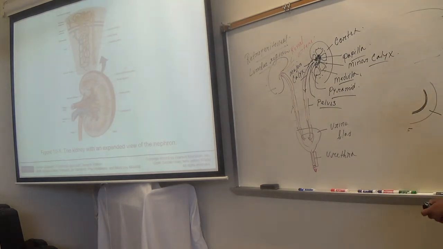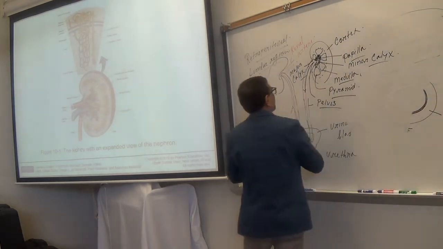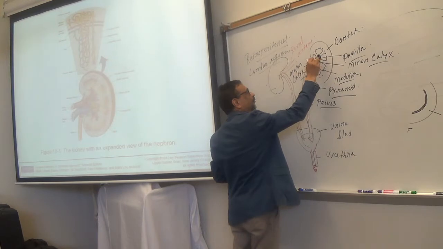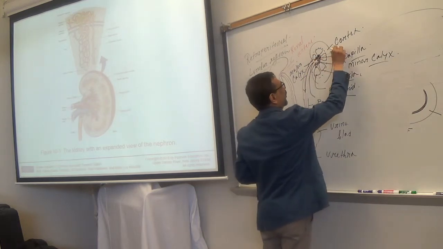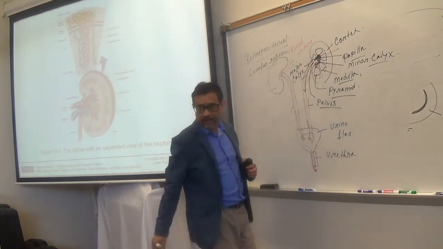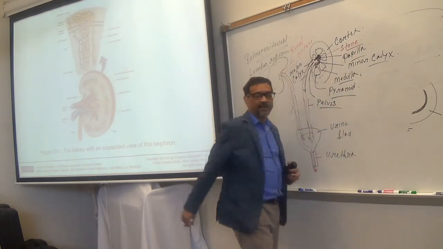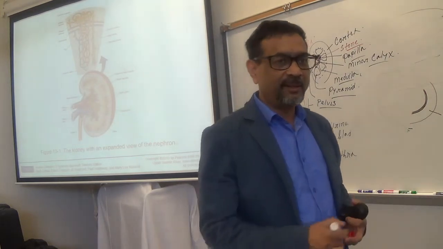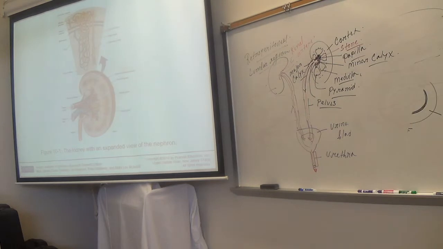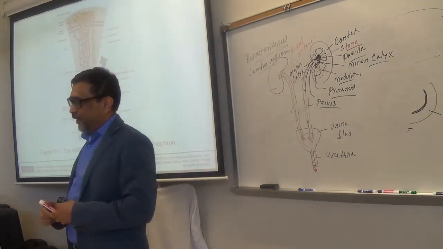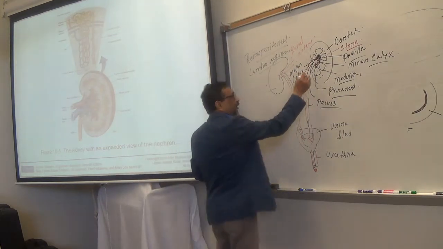Now sometimes what can happen, stones can be formed. Stones can be formed in the pelvic area or minor or major calyces. Kidney stone, right? Have you heard that? Kidney stone. So that can be formed in those areas, minor calyx, major calyx, renal pelvis, and that stone can get